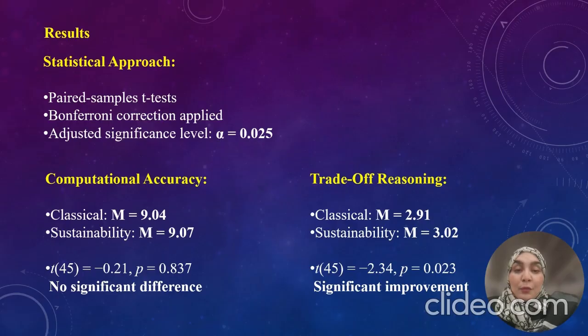This significant increase in trade-off reasoning showed that sustainability parameters made the cost trade-off explicit, and the students must interpret financial and environmental impact, shifting the focus from calculation to decision analysis. This means that the model structure shapes how students think and that embedding sustainability transforms the model into a decision-making tool, rather than being just a procedure of calculation.